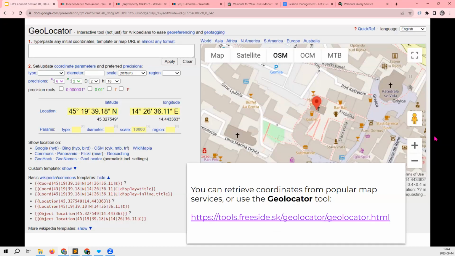If you want to add a coordinate location statement to an item, you can either go to your favorite online map service and figure out how to copy the coordinates from there, or here is a tool that I personally like a lot that provides you with a little scrollable map where you can easily find and copy the coordinates of whatever you find in the map.